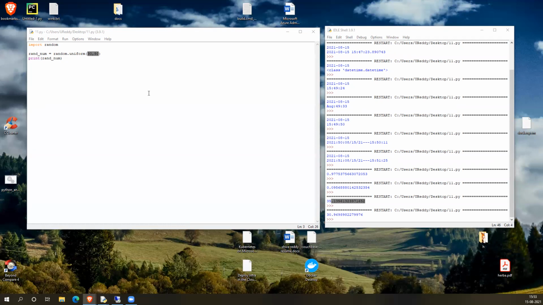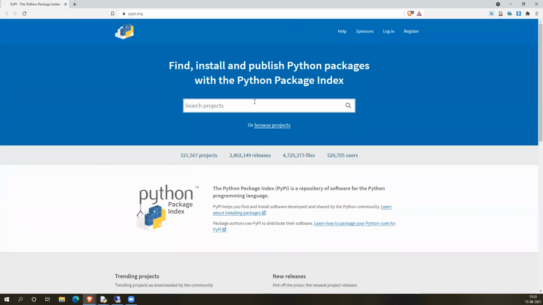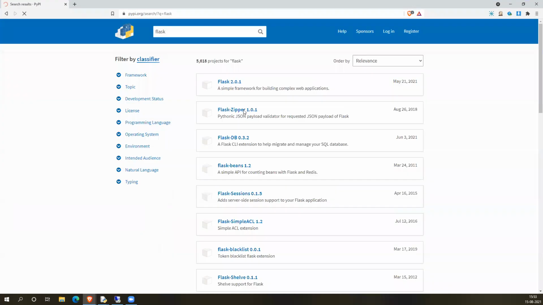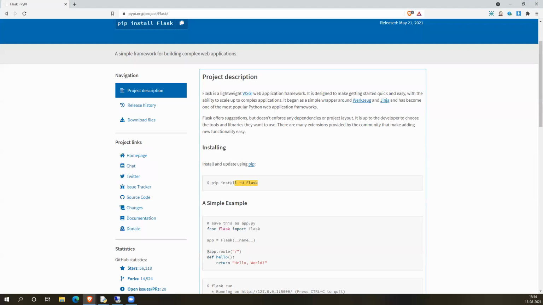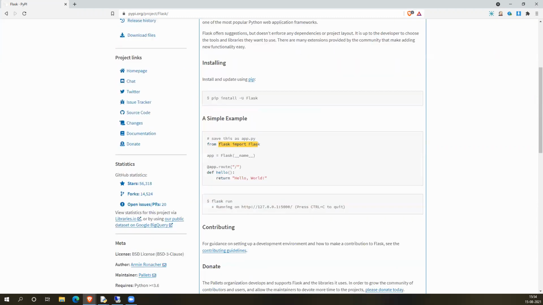See, these are standard libraries. If you want to install third-party modules which are already available in the Python package store, you can go to this particular pypi.org and mention whichever projects or modules you want to install. Let's say you want to install a web-based application with Flask. Just search for Flask. You see the latest version. And you simply need to install it with this one, pip install Flask. And once it is installed, you can directly use it, from flask import Flask, like this.